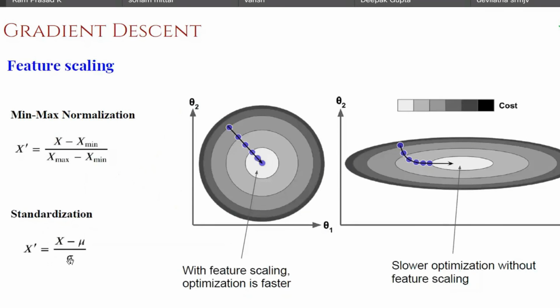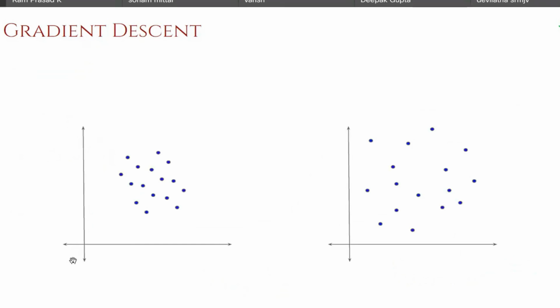So here you are estimating the standard deviation. What does the standard deviation information tell us? If you have a cloud of points like this, what does standard deviation do? It will find the centroid, and then it averages the distance of all the points to its centroid or to its mean. So it will find the distance, average it. Here also find the distance and average it. So that is called standard deviation.